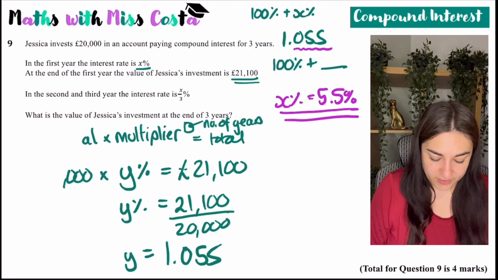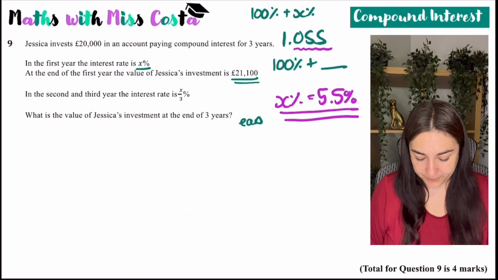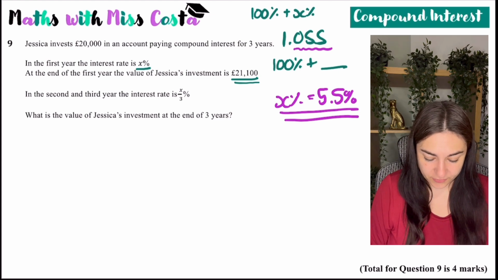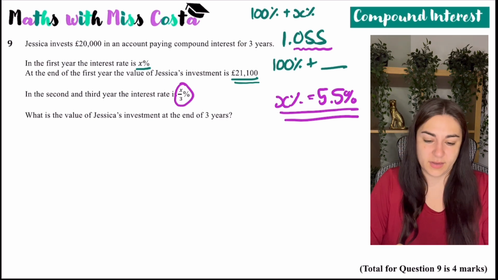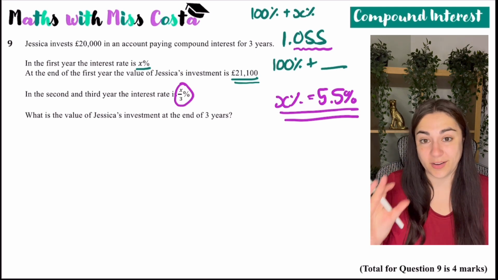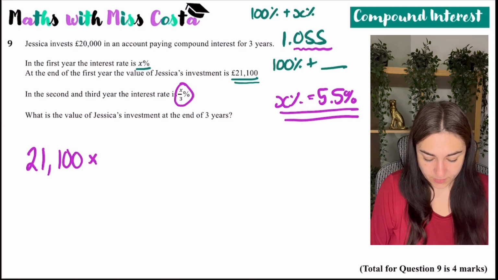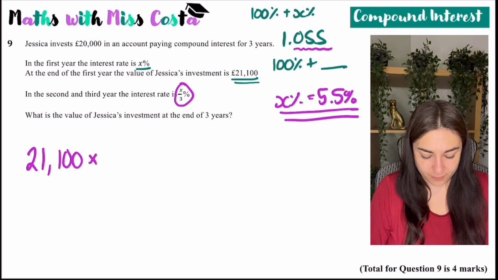Now, if I know what the interest rate for the first year is, I can use that to figure out what the interest rate for the next 2 years would be. So the interest rate for the second and third year is X divided by 3. So 5.5 divided by 3 is probably going to be a nasty number. So when I do my compound interest, I can just write it as a fraction. So I'm going to say 21,100 times by, or I think I have to add it actually. So 5.5 divided by 3 is 11 over 6,